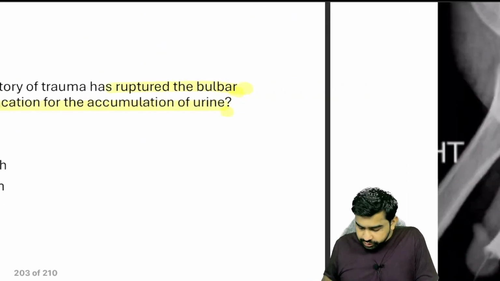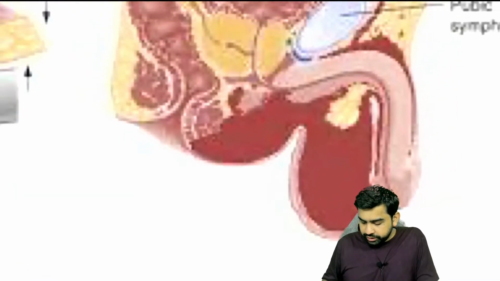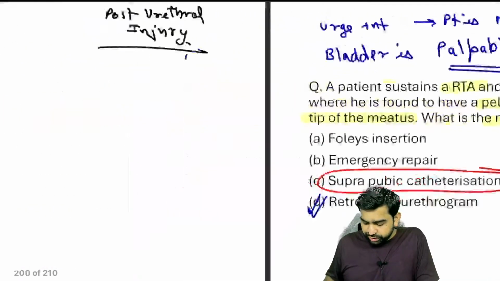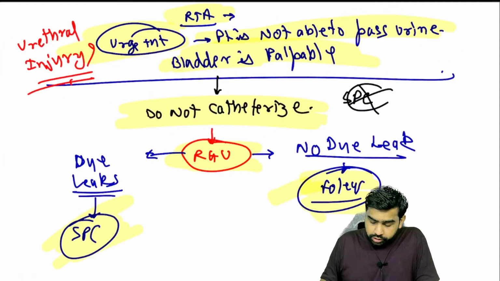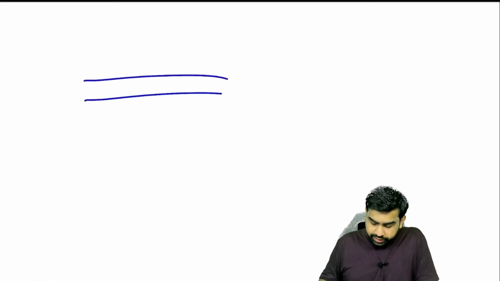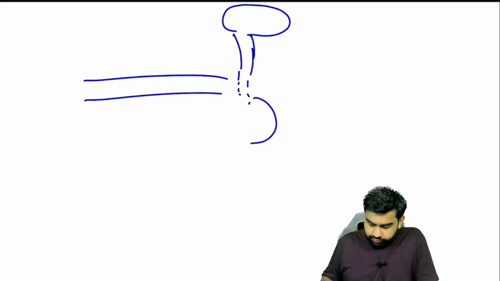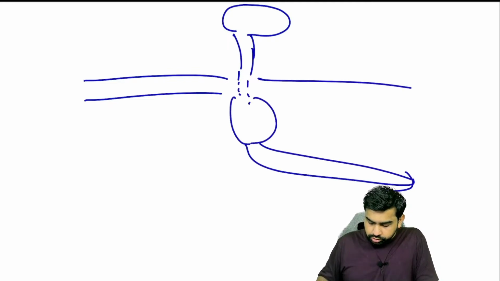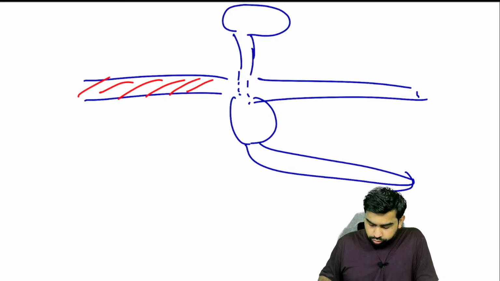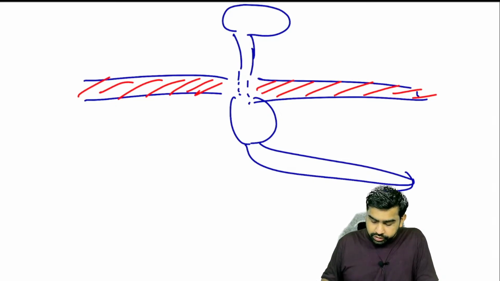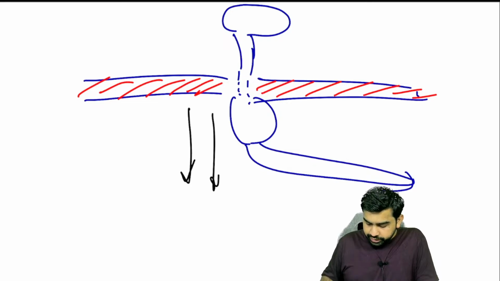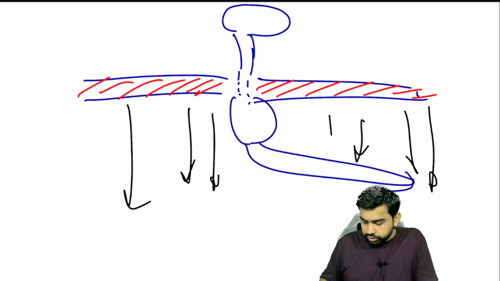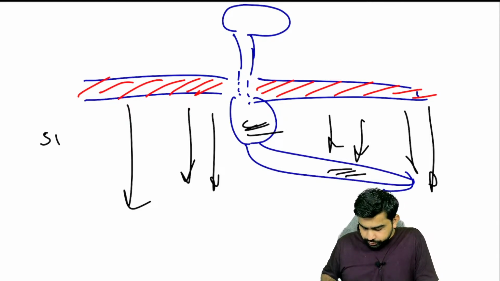Now here, whenever there is an anterior urethral injury, what you need to understand is that we have a urogenital diaphragm, and the area above the urogenital diaphragm has the urinary bladder, prostatic urethra, then the membranous urethra. Below it we have the bulbar urethra and the penile urethra. So this is your urogenital diaphragm. If there is any injury below this urogenital diaphragm, in the bulbar urethra or penile urethra,